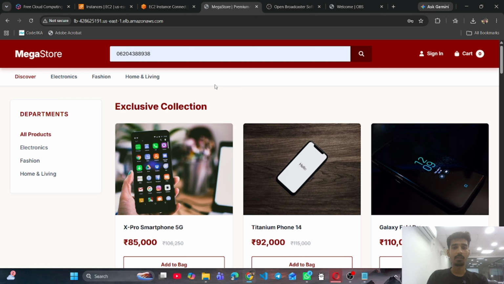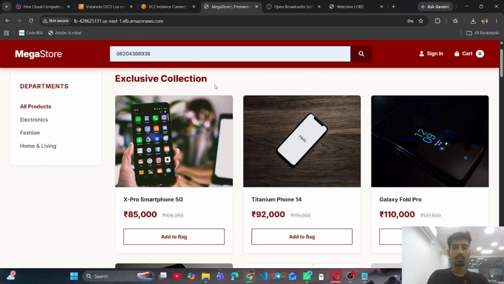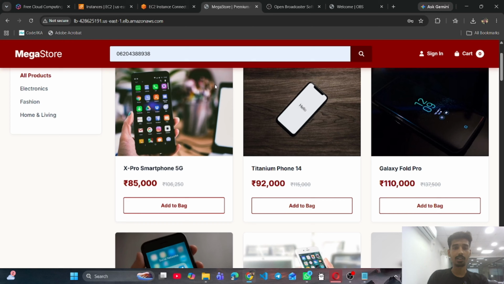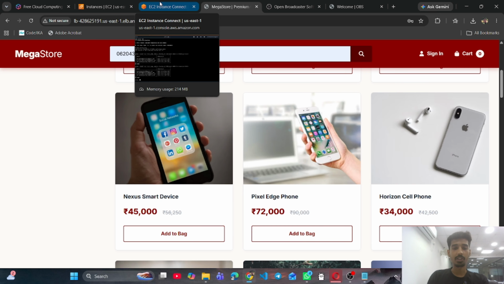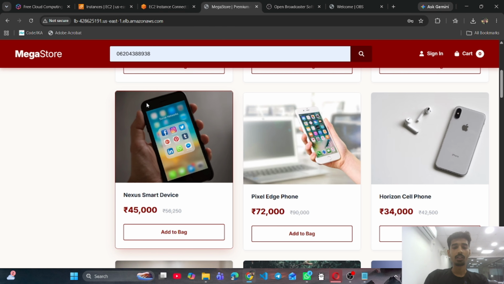So as you can see, I have deployed a dynamic website on AWS Cloud Infrastructure. This is a three-tier architecture project. First of all, it has a presentation layer, which is the client-side interface.